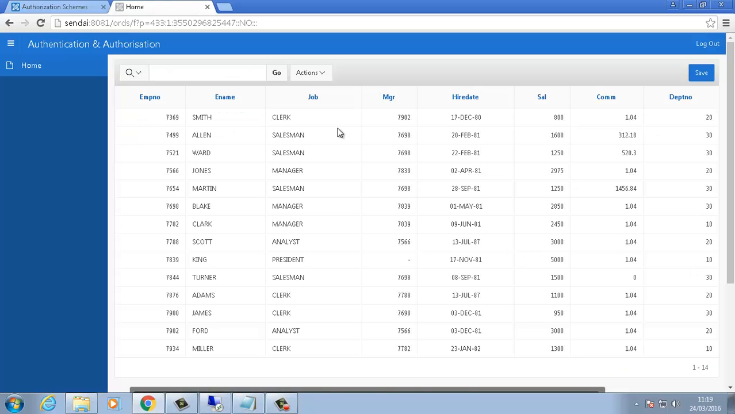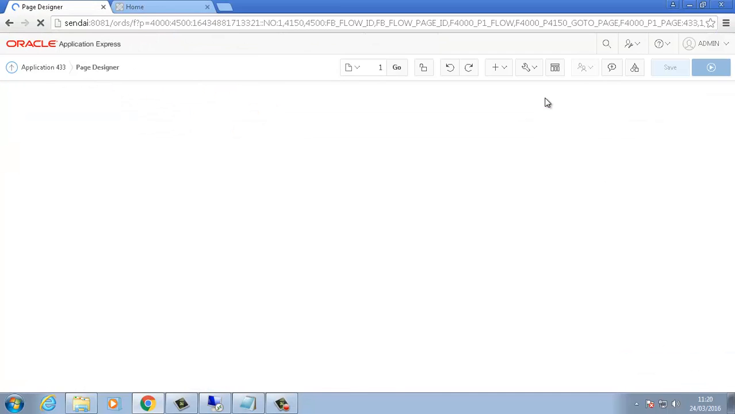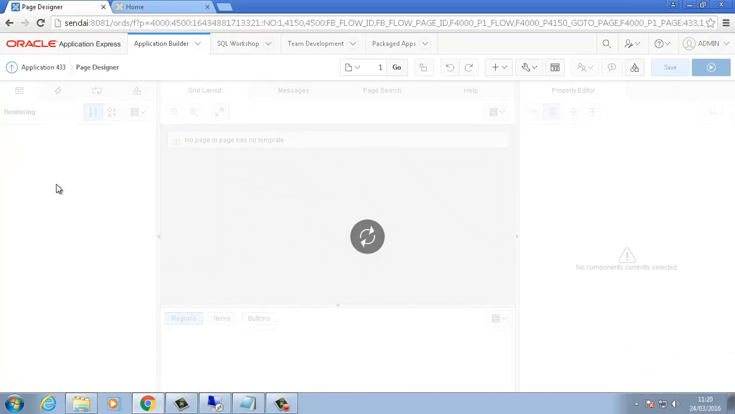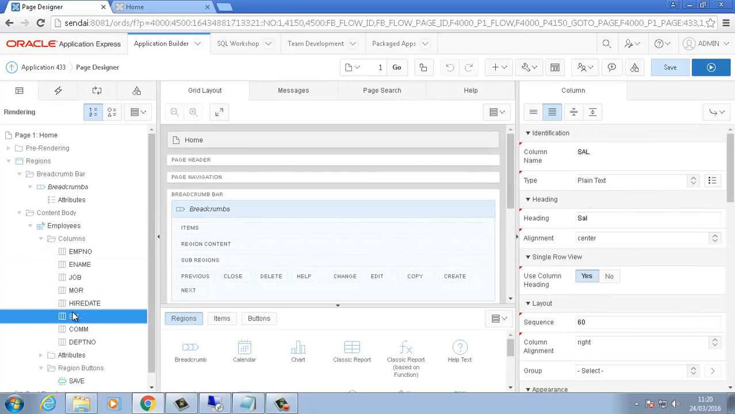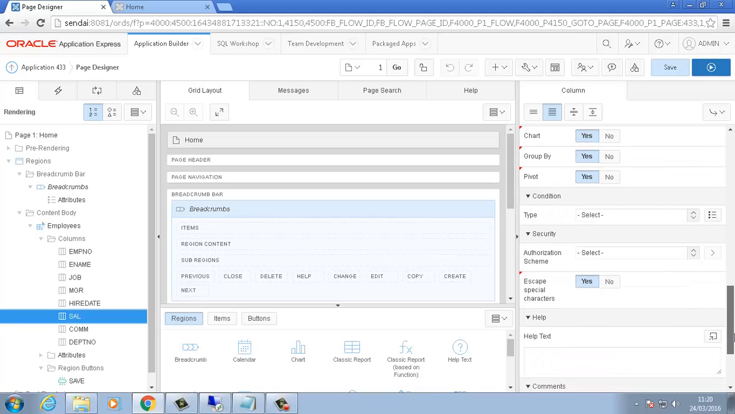So if I edit this page now, I can use the quick edit to go straight to the column that I want, the salary column, and it opens up Page Designer in exactly that place that I clicked on. If I scroll down the settings to the security section, I can change my authorization scheme to isManager, so only managers can see that salary column. However, my authorization scheme is set to false, so I will be unable to see that column,